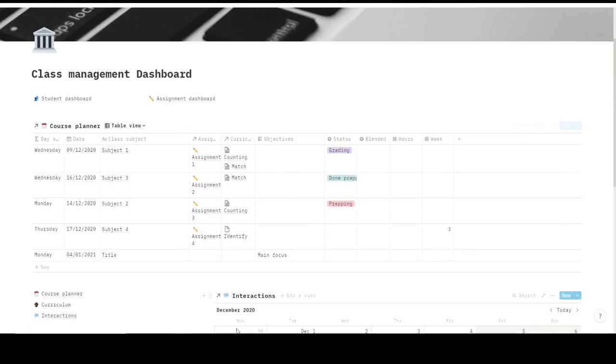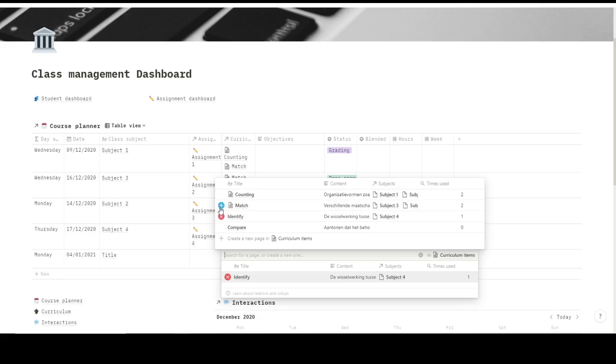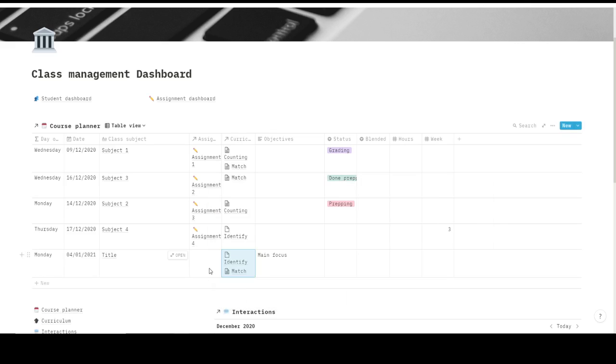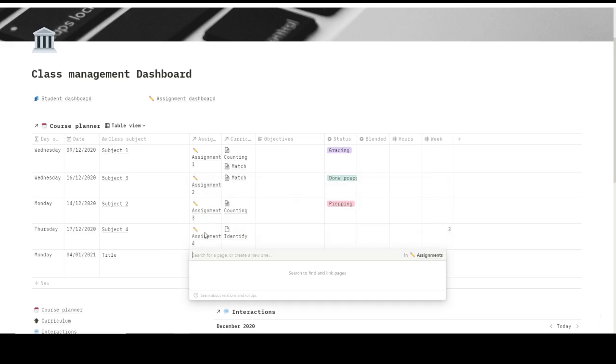By just filling in this relation, you can browse through the rows in your curriculum database. It's important to have good titles that you can use. Maybe use a numbering system that makes sense for you, and you can just add curriculum items here. Then we have the relationship with the assignment database. I can use this one to add an existing assignment or create a new assignment